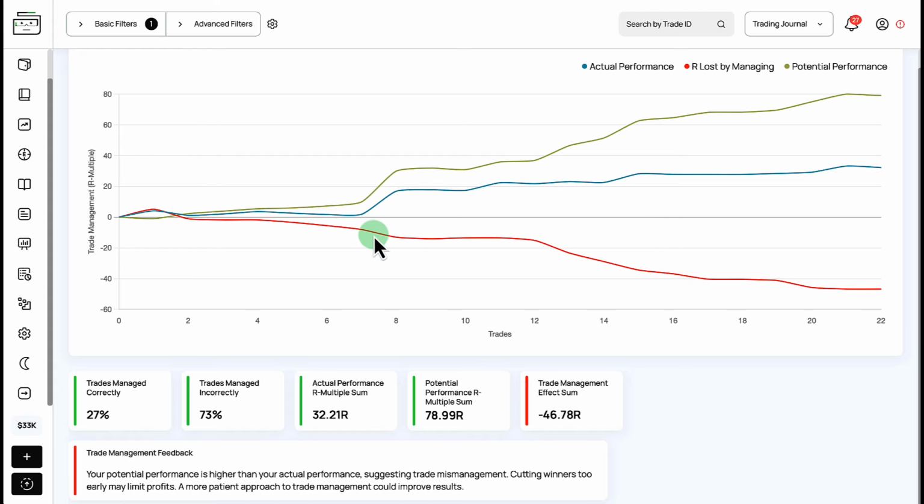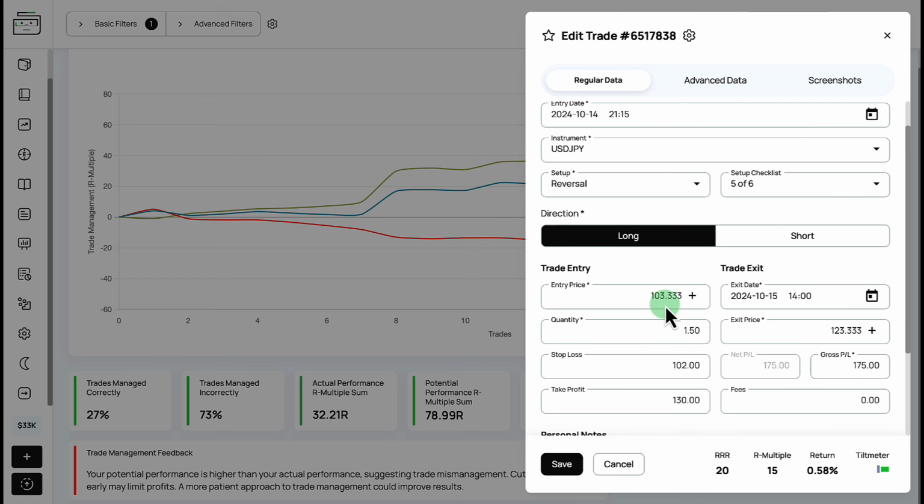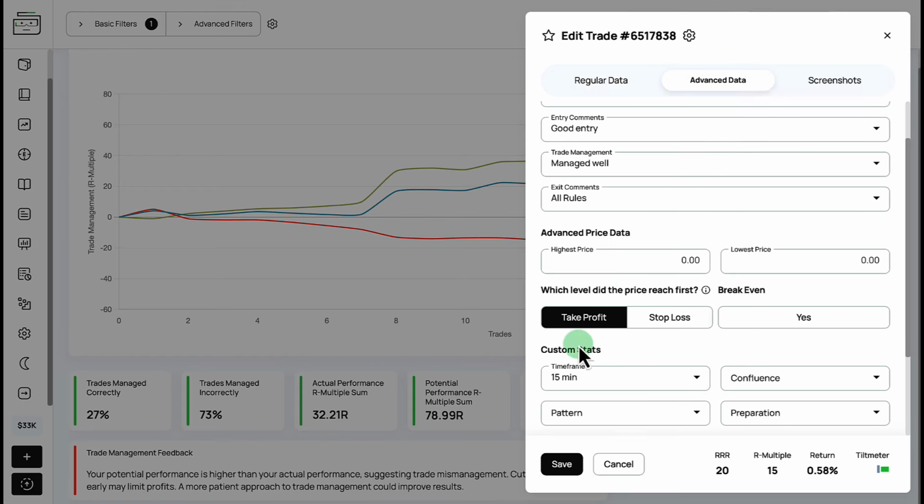So here in this section, you can see that the line is going down. And when we bring up the trade behind this data point, what we can see is that we have a long trade. The entry price was at 103, the exit was at 123, but the take profit was set a little bit further away at 130. So the trader exited the trade ahead of the take profit. And whereas sometimes this is the right decision, because the price may turn around and you have good reasons to exit your trade early,